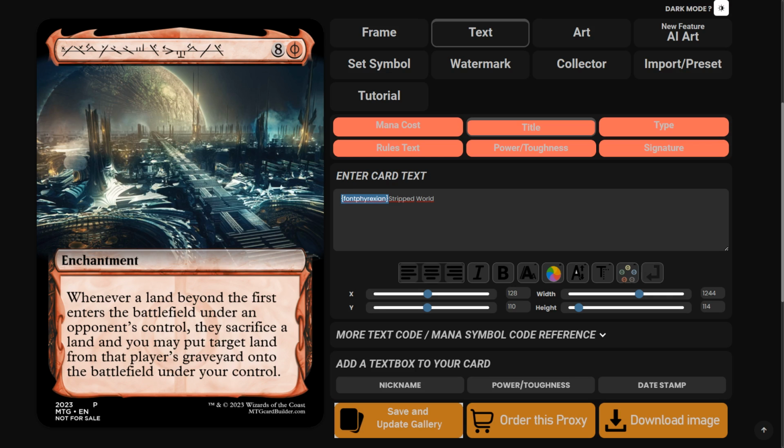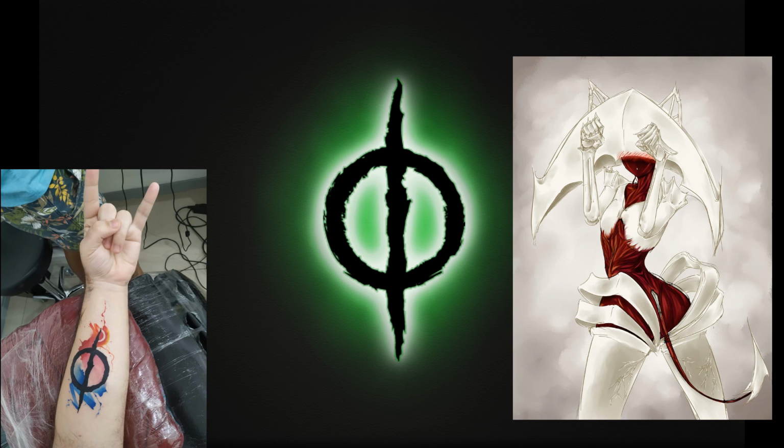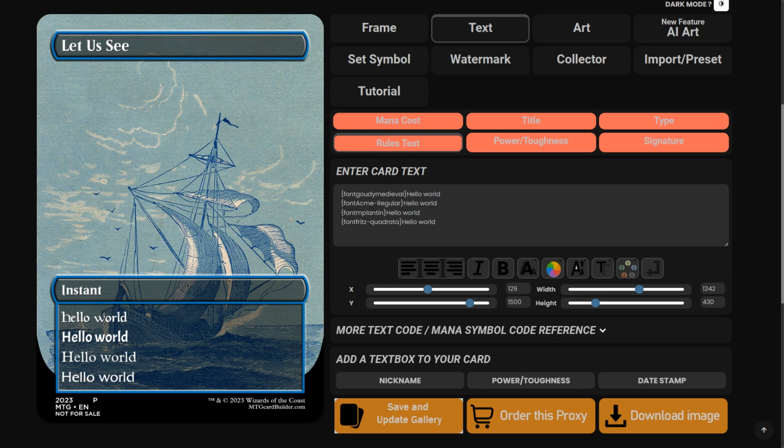Font Firection will make your text look like Firection scripture if you want to make cards for the glory of Phyrexia. Apart from the fonts you can see on the quick menu, there are a few you can input directly, like Font Gothic Medieval, Font Acme Regular, Font Emplantin, and Font